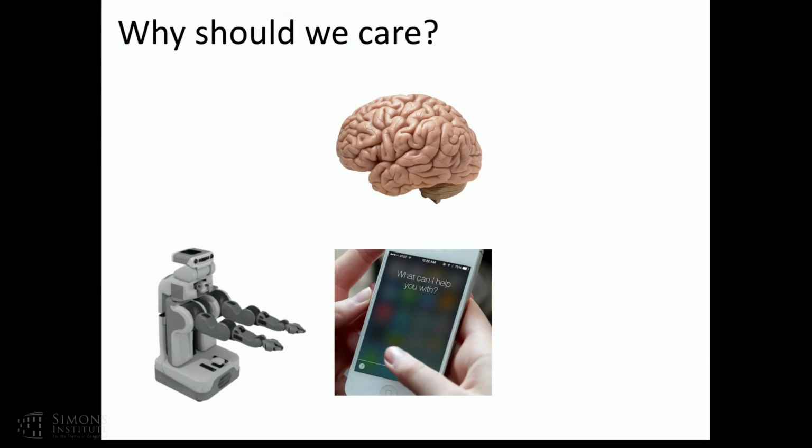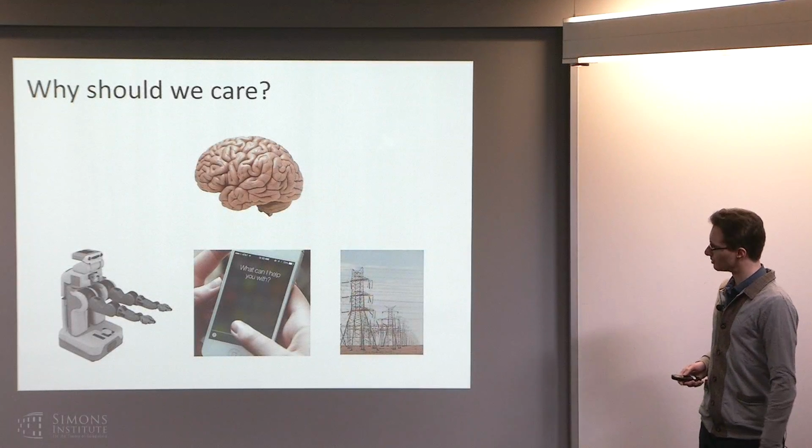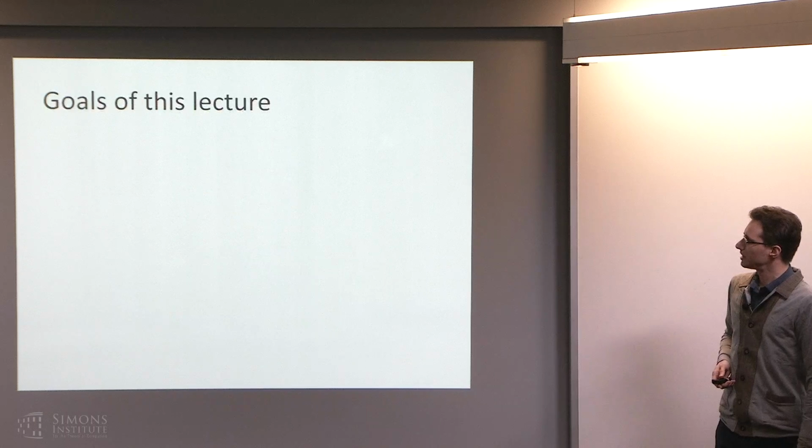I think that beyond robotics, a lot of the algorithms that we might develop for systems that perceive and act in the real world and reason about the consequences of their actions can help us build other interactive systems. For example, if you imagine a personal assistant on your cell phone, that's a system that has to perceive the world, process the sensory information, make a decision, and then reason about the consequences of that decision. Or if you imagine something like a smart power grid that has to deal with energy generation, storage, variable demand, and so on. That's a system that has to perceive the world and take actions, and if we have an end-to-end approach that reasons about that, then maybe we can do better. Okay, so that's the motivation.